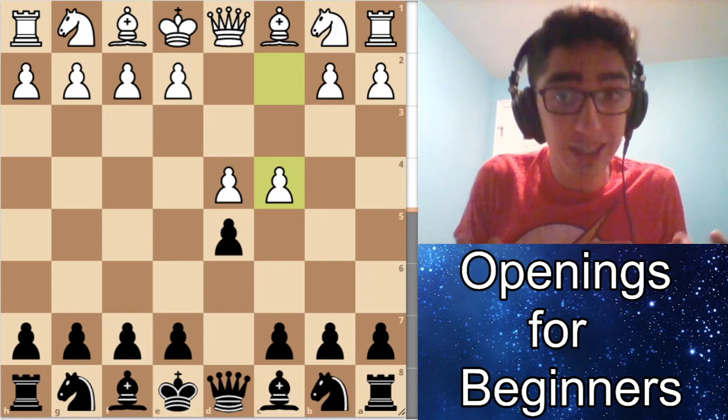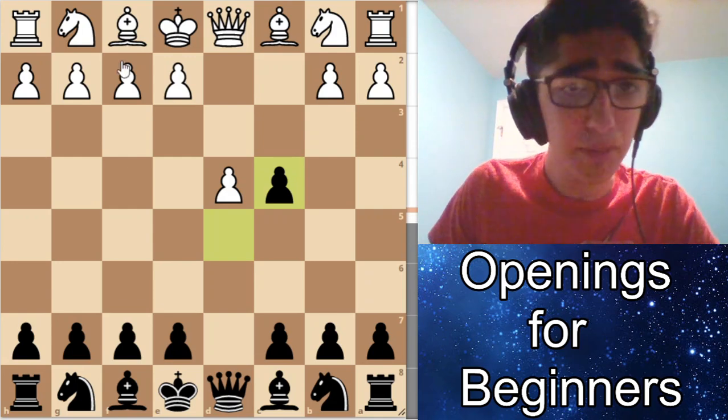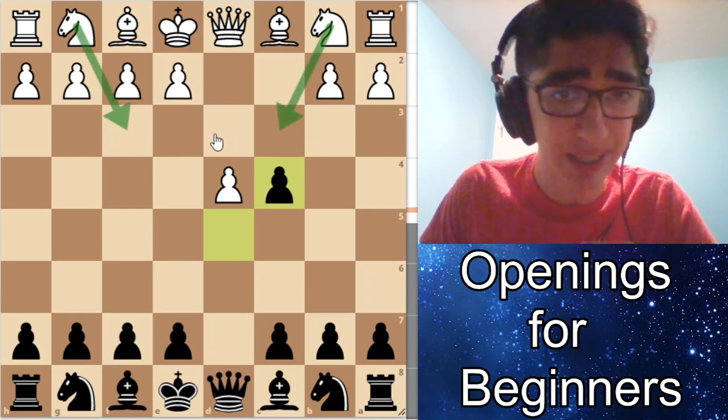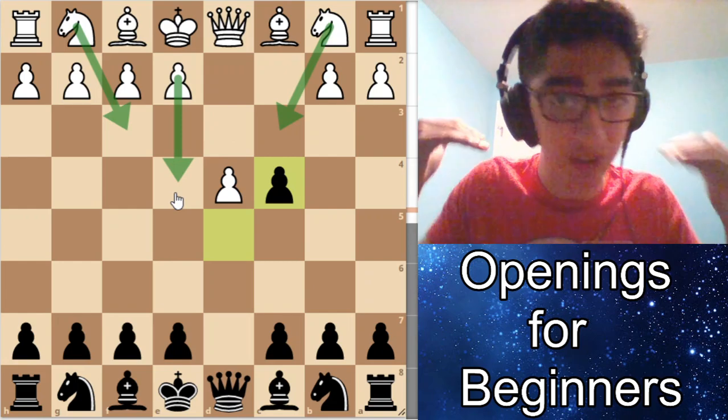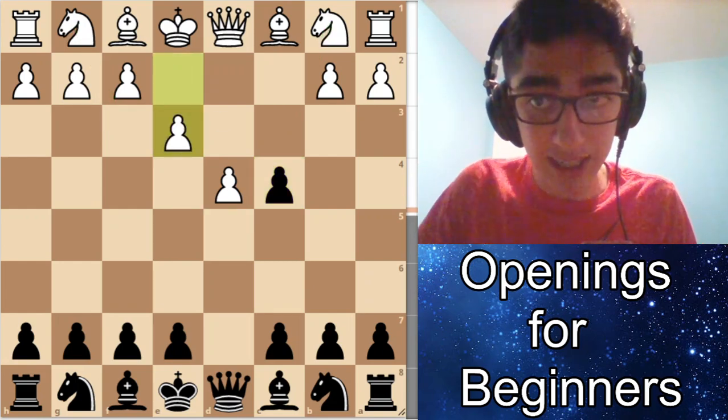But the easiest thing to do against this is to simply just take it, and after they play e3, they can play any other move. They can play knight f3, they can play knight c3, they can play e4. All of these, we're going to do the exact same thing. After e3, we're going to play this...